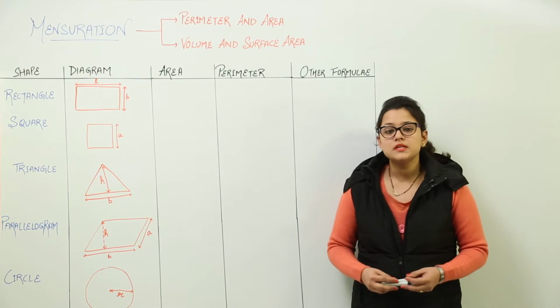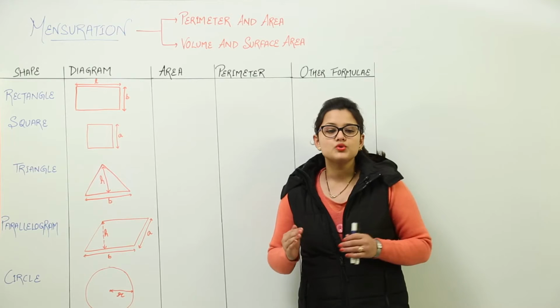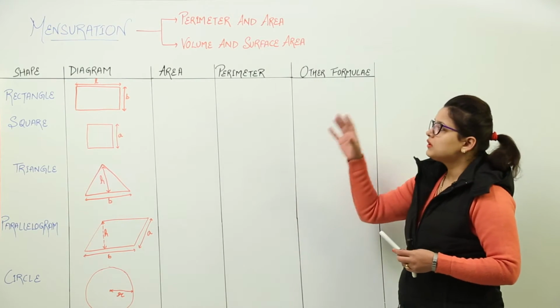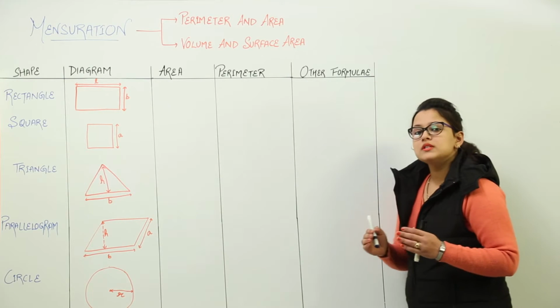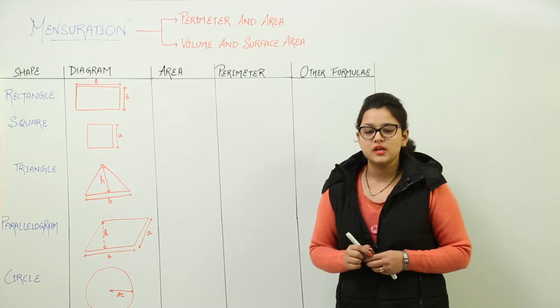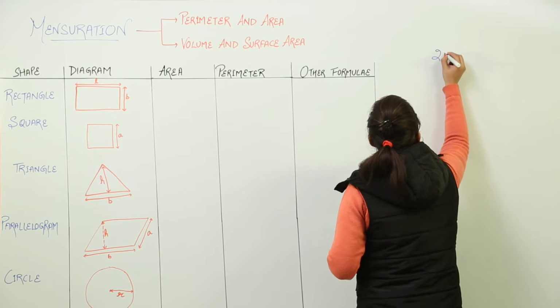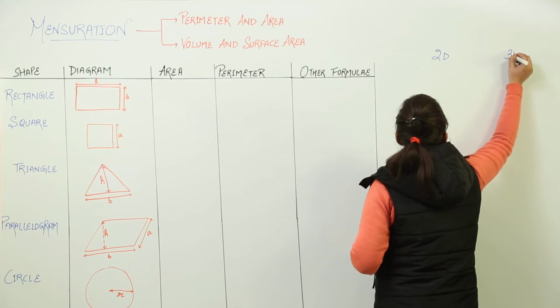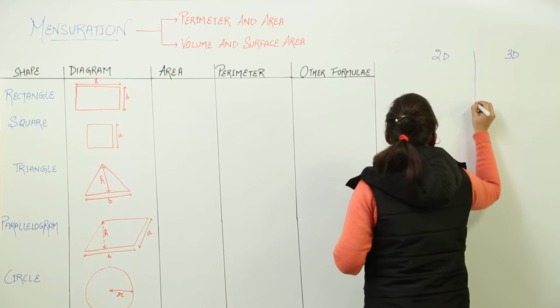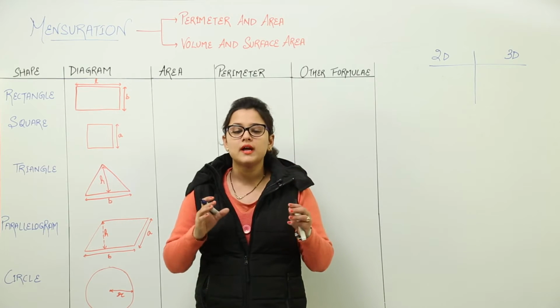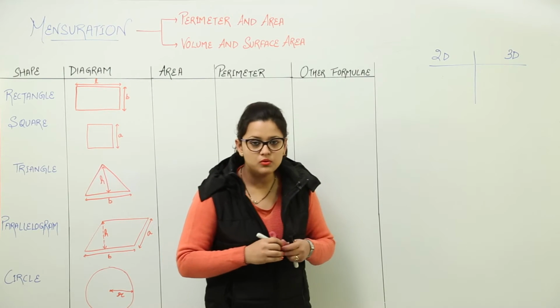Mensuration. Now see, mensuration is a very wide topic, so I will be discussing it in two pieces. Before moving on with the topic mensuration, I want to discuss the basic knowledge of shapes. See, you must have heard about the words 2D and 3D. Do you know the difference between them? Yes, there is a very small difference, but that makes the biggest change in both the shapes.